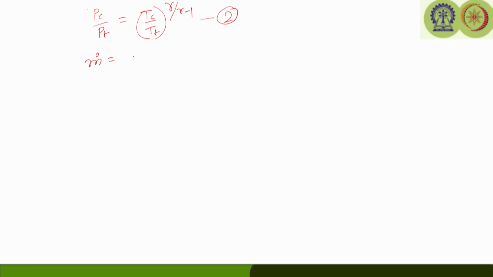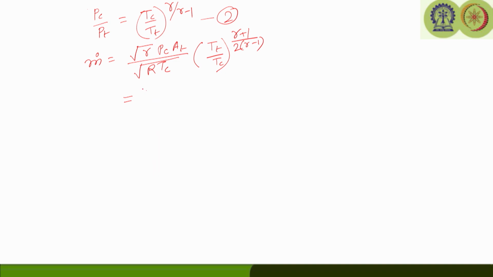we put everything together, it will become square root of gamma into P c into A t by R T c into T t by T c to the power gamma plus 1 by 2 into 2 into gamma minus 1. Okay. So, we can express this in terms of, we take this gamma value other sides, and we can write this as what